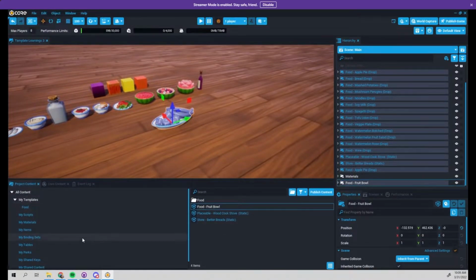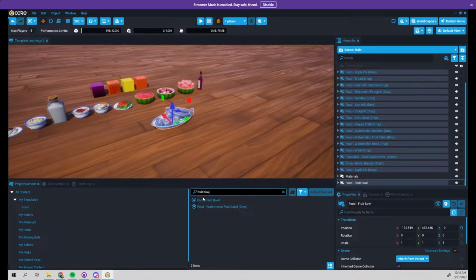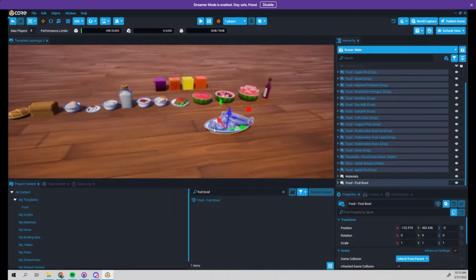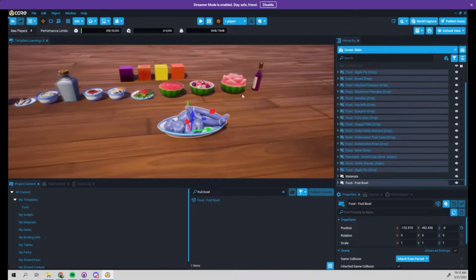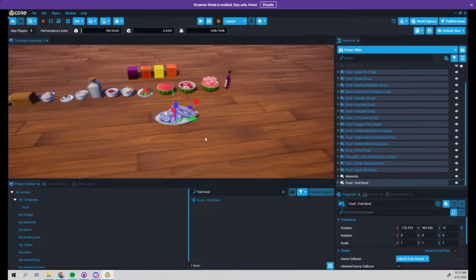Again, I recommend always organizing. I have a folder for my foods. The scene has a lot of food. So we have our thing. We've made it. Everything is happy and good. But why did we make it, right? There's a couple reasons. You might have made this so that you could